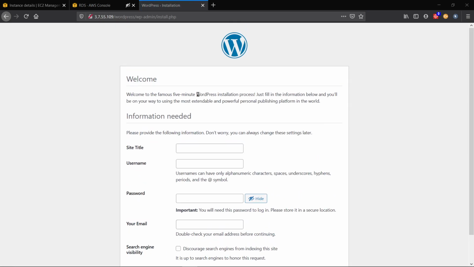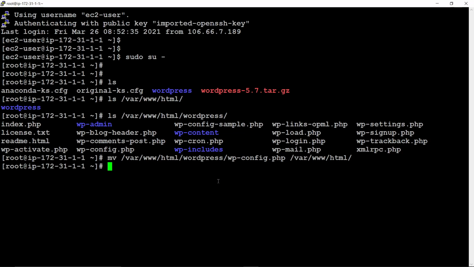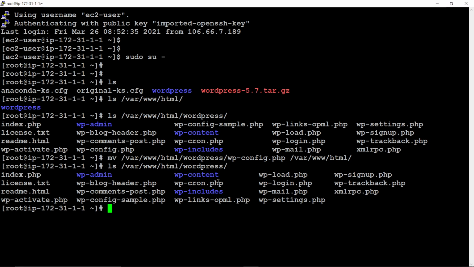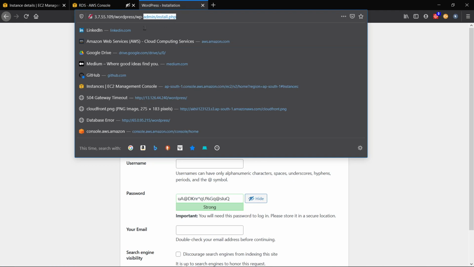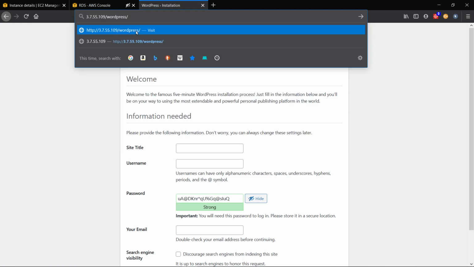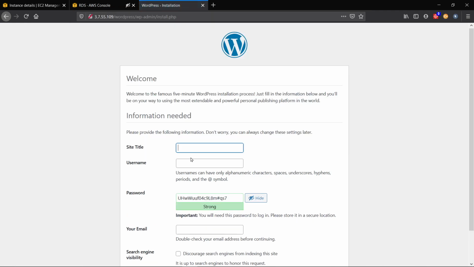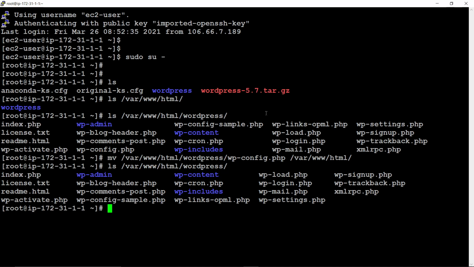So actually we can see if there is. So this file has copied the credentials, so no need to do this.